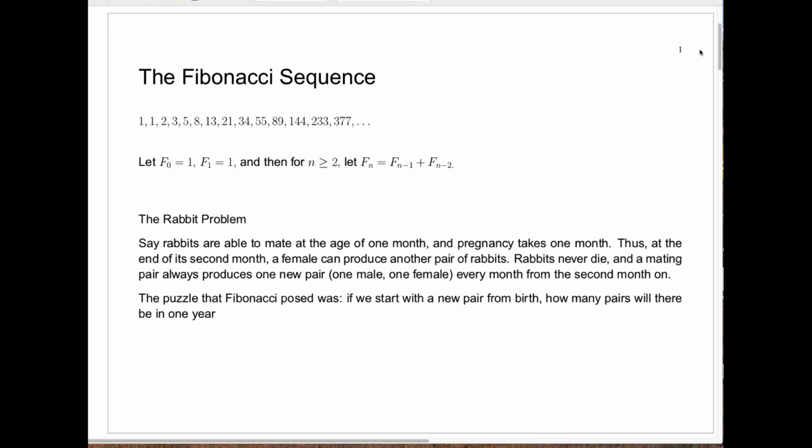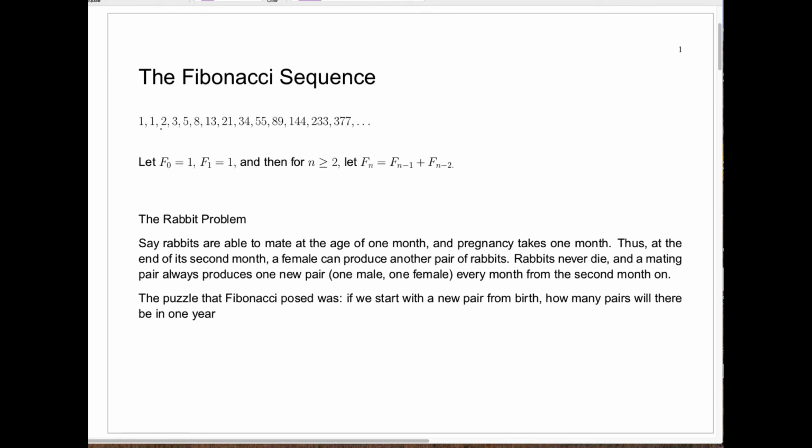Today we're going to start talking about recursively defined sequences. And a good way to start is to talk about the Fibonacci sequence. The Fibonacci sequence is something you've all probably seen. It's a sequence which starts with the numbers 1 and 1. And then after that, it continues